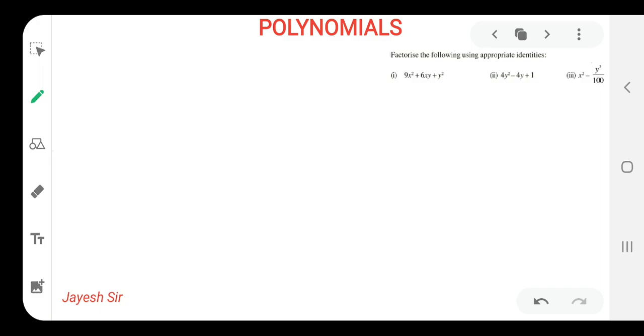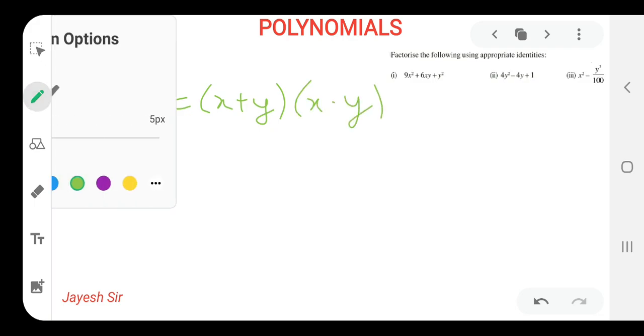After seeing the question, I can relate it with one formula, that is a square minus b square is equal to a plus b into a minus b. That was the formula that we have already learned, but as per x and y is our question, so let's write the formula based on that only. Here LHS is given and we need to find RHS only, that is a simple sum. So our answer would be x plus y, x minus y. I hope you all might be getting it, friends.